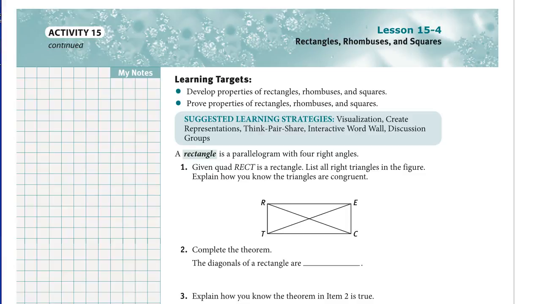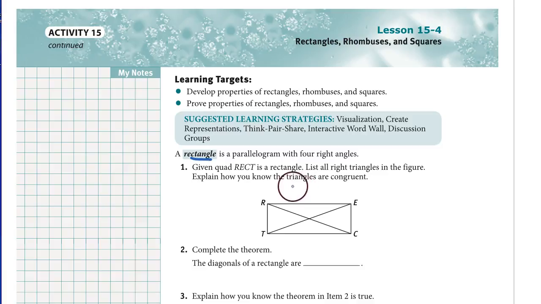This video is for lesson 15-4 about rectangles, rhombuses, and squares. Learning goals are to develop some properties of rectangles, rhombuses, and squares. A rectangle is a parallelogram with four right angles. So a parallelogram tells us the opposite sides are parallel, and four right angles tells us that all four corners